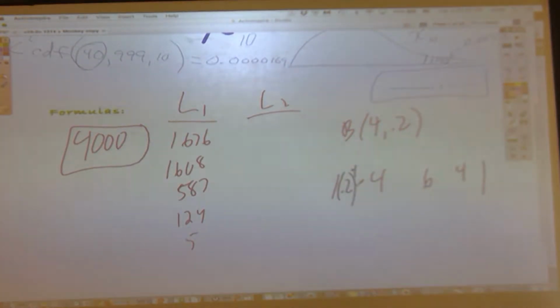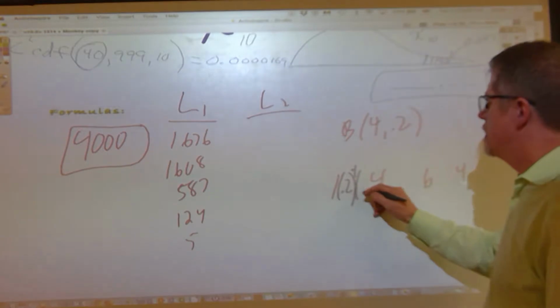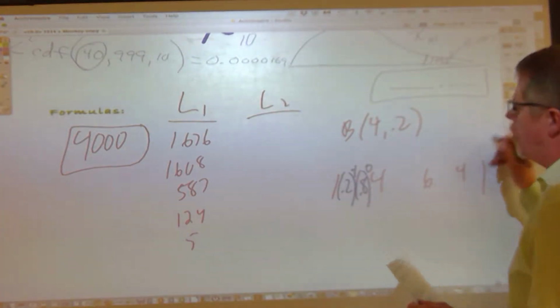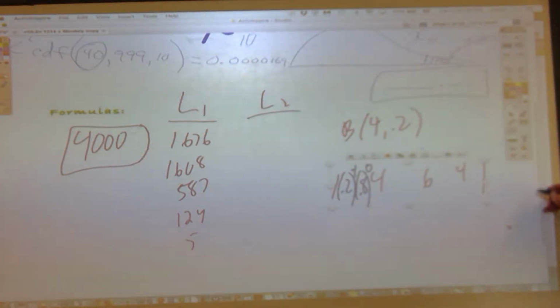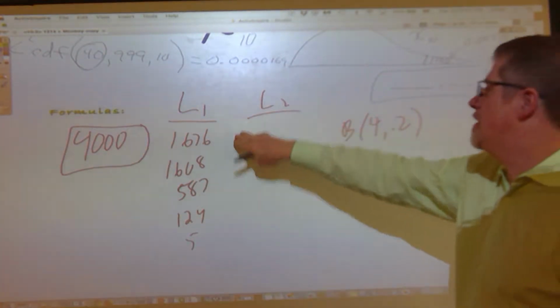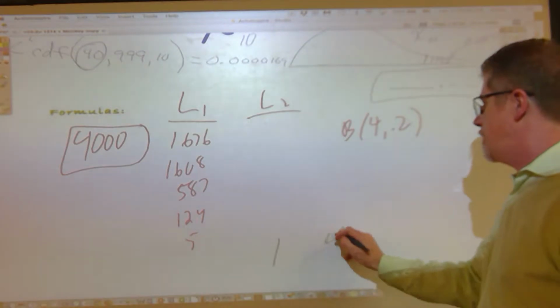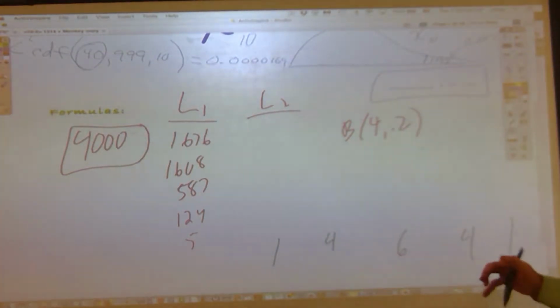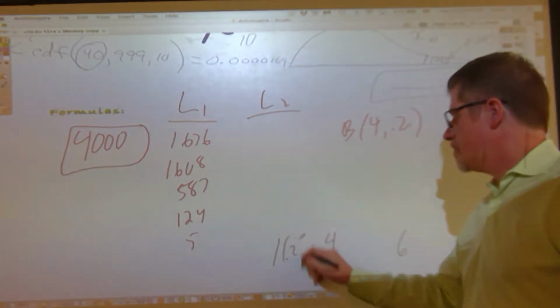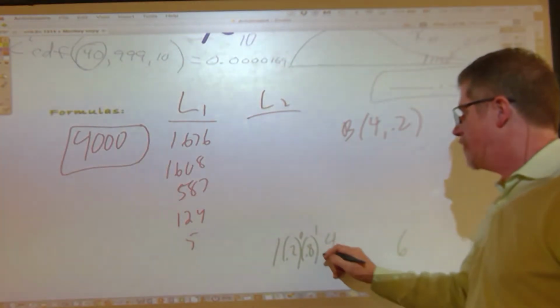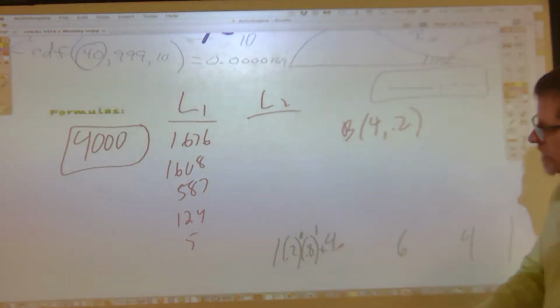So it does really matter whether you start out with 0.2 to the fourth times 0.8 to the 0, or times 0.2 to the 0, 0.8 to the fourth. And it looks like since they're starting out big and getting small, we'd better set up 1, 4, 6, 4, 1 as follows. We'd better do 0.2 to the 0 times 0.8 to the fourth,